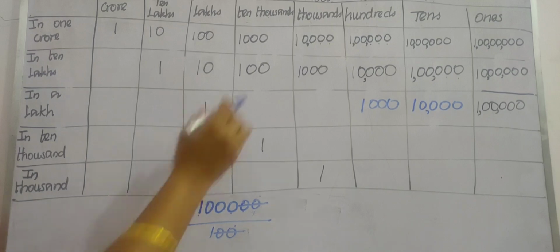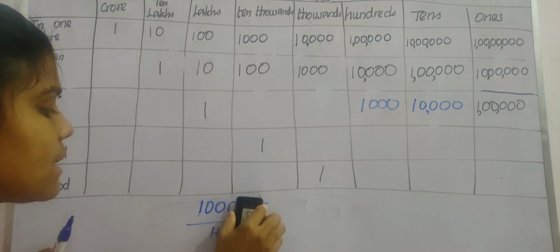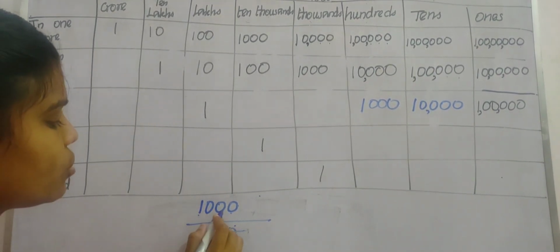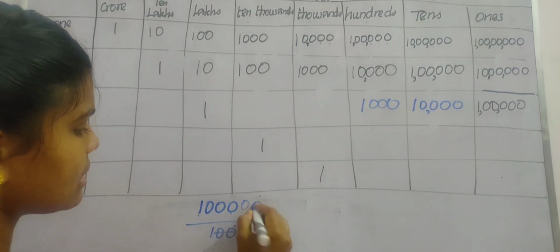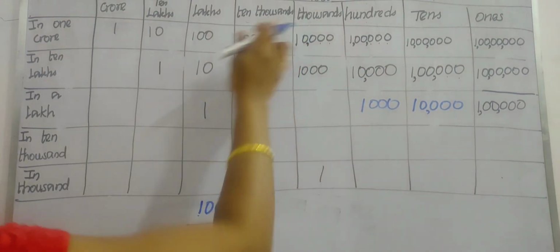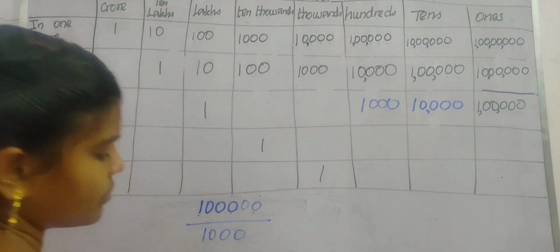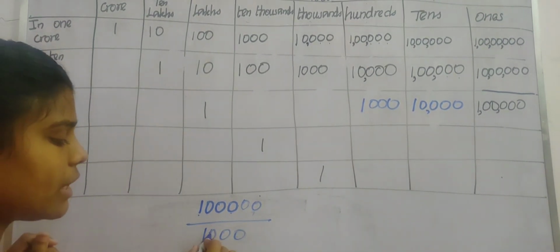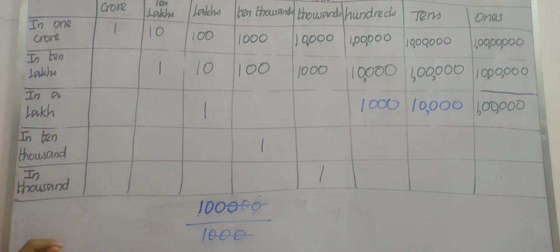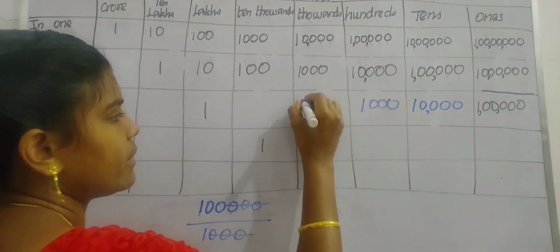Okay, children. So let us find for thousands. A lakh is the smallest 6-digit number. 1, 2, 3, 4, 5 and 6. So how are we going to find how many thousands are there in a lakh? Just put 1000 here. Strike out the zeros in thousands, so 3 zeros. So here also we need to strike out 3 zeros. So there are 100 times thousands in a lakh. Put 100 here.